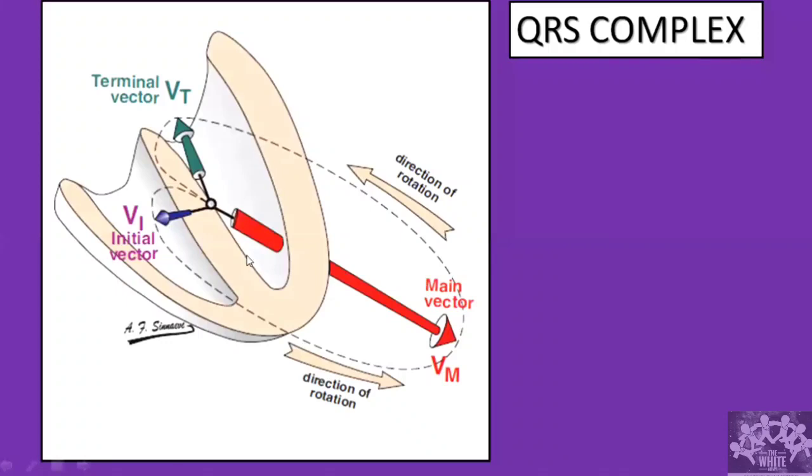So following this, what happens? The basal part of the ventricle is going to be activated. From here, it is going to go posteriorly. As it goes posteriorly, it creates another wave, which is called the S wave. So we have the Q, R, and S. The initial vector is going to create a Q wave, followed by an R wave, and then there is going to be the S wave. So you see Q, R, and S.